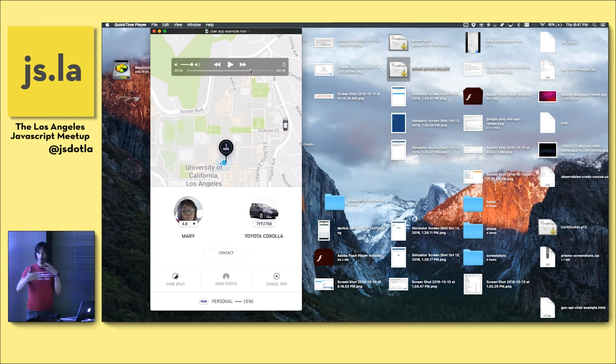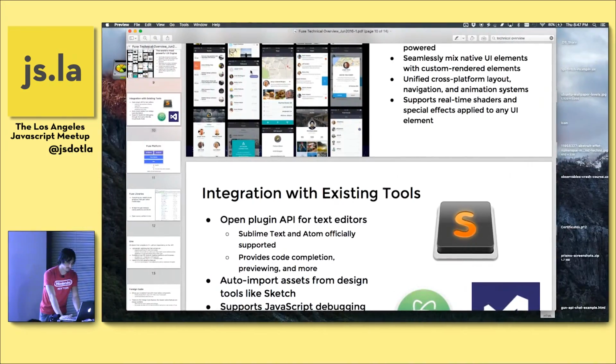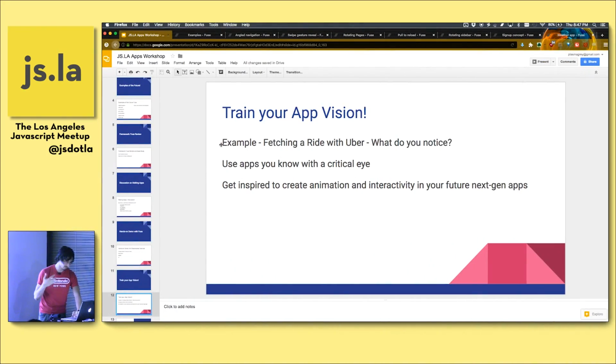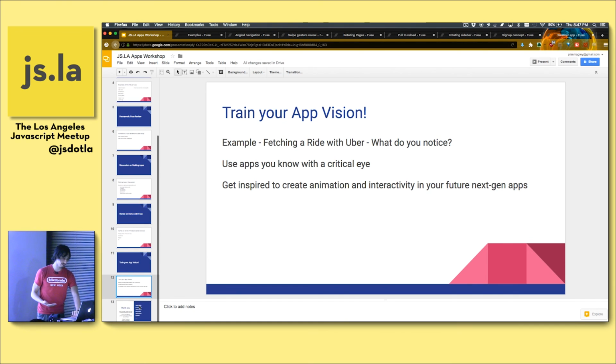But yeah, so there are all these little transitions and things that happen, and maybe you may not notice them consciously, but they enhance the overall app experience. And a framework like Fuse, and also when you're doing any kind of native app, you can add all that kind of layer of subtle animation and subtle effects that really do have an effect on the experience. Make it feel professional, make it feel like a real, major important app.